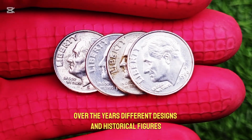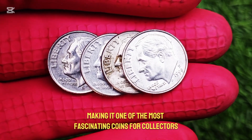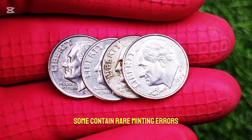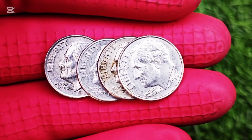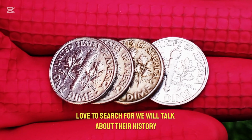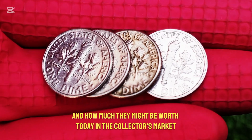Over the years, different designs and historical figures have appeared on this tiny coin, making it one of the most fascinating coins for collectors. Some dimes were minted in limited numbers. Some contain rare minting errors, and others are valuable because of their historical significance. Today, we will take a closer look at 4 remarkable dimes that collectors love to search for. We will talk about their history, their design, how rare they are, and how much they might be worth today